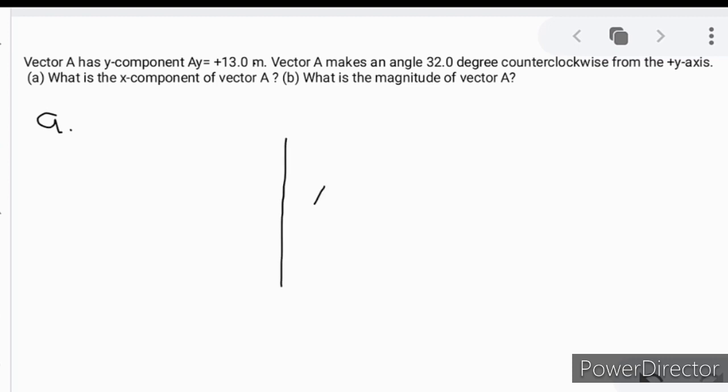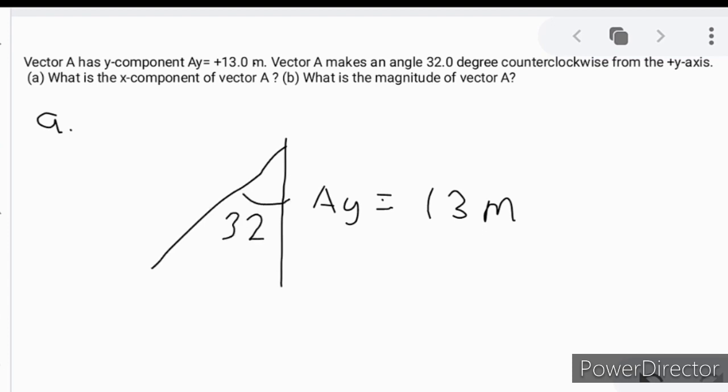In letter A, they are looking for the x component of vector A. So, based on the given, there is a y component which is equal to 13 meter. It is positive, and it creates an angle of 32 degrees counterclockwise from the y-axis. So the vector A creates 32 degrees from the y-axis. And as we continue,